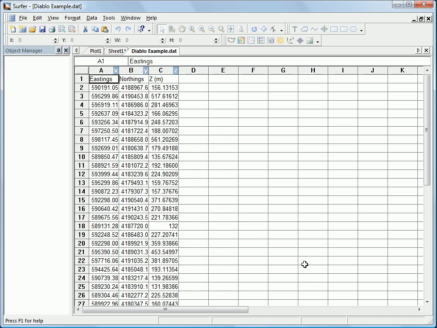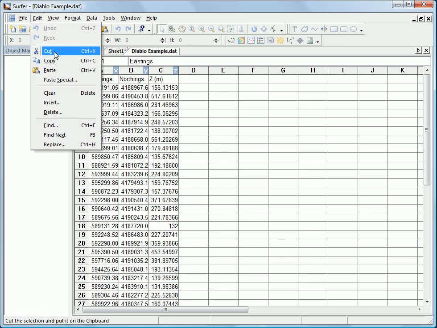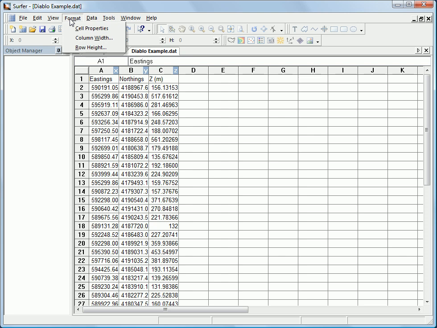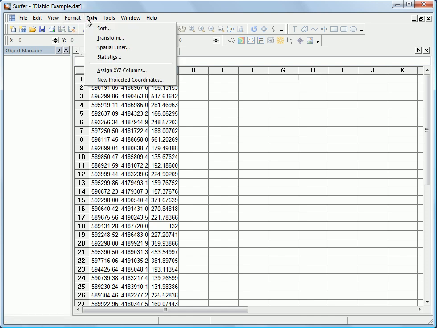You have many of the common worksheet functions available to you under the Edit menu. You can cut, copy, and paste data. You can clear, insert, and delete cells. And you can find and replace data. Items under the Format menu allow you to format the cells, such as applying a background color and adjusting the cell size. The options under the Data menu allow you to work more thoroughly with your data and massage it